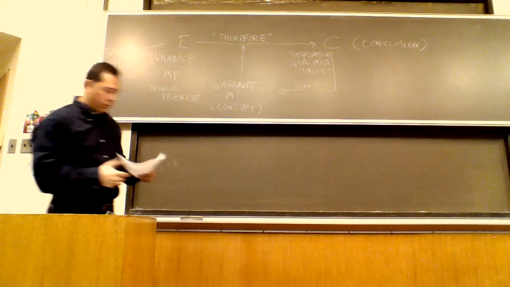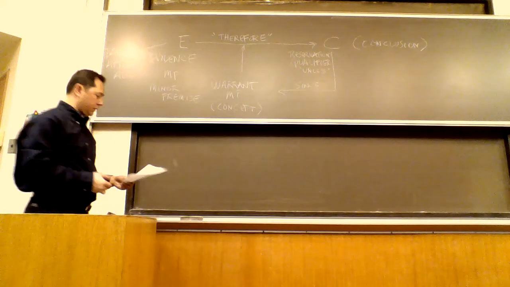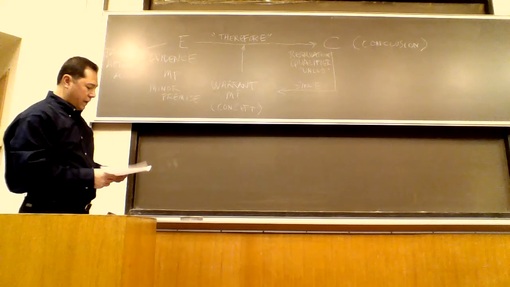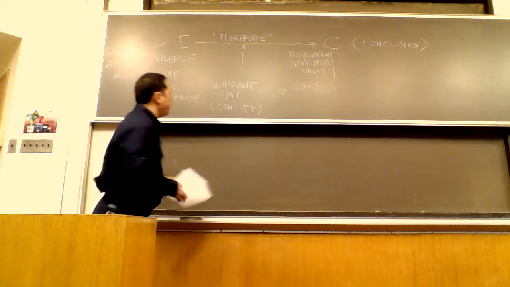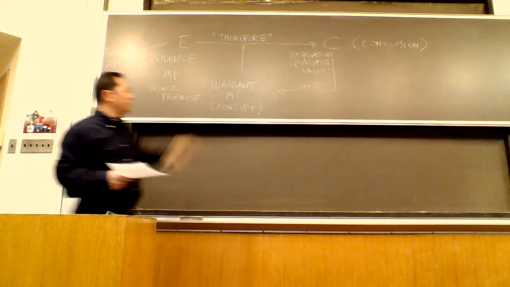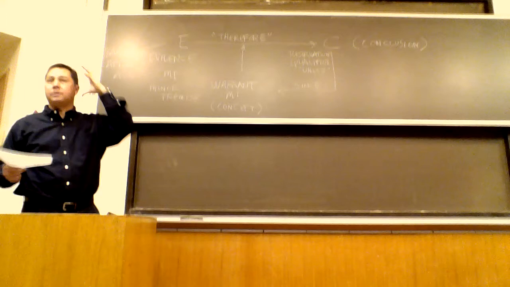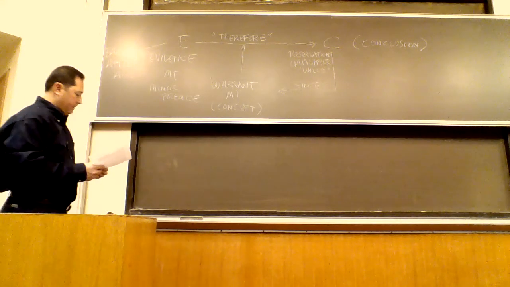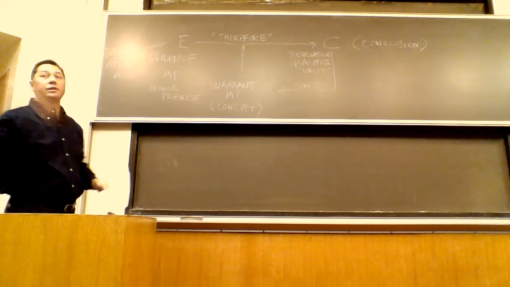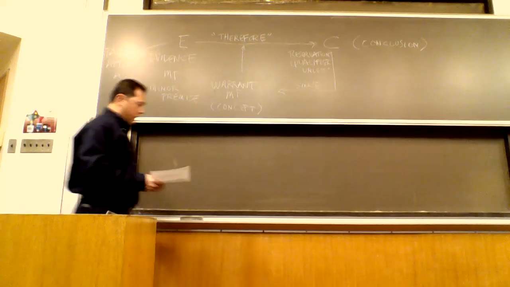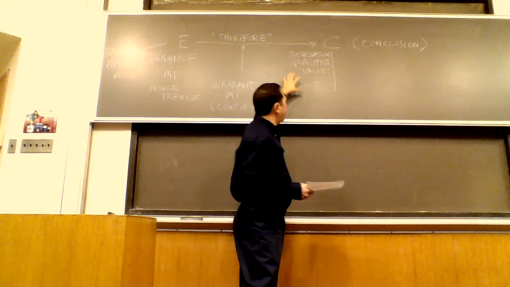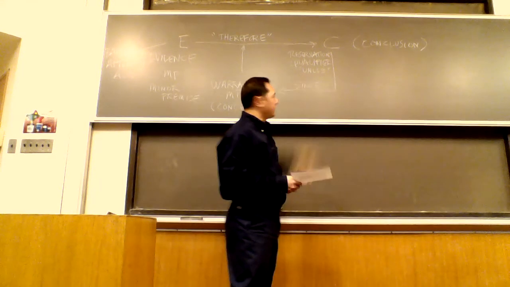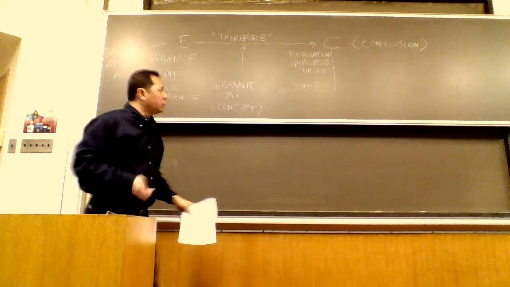But what are the other parts of the argument? You also have a warrant, which is the major premise, that's the concept that's in our mind, okay? You also have the minor premise, which is the evidence that's in the world. And then you also have the reservations, the qualifiers, which mean unless. Okay, so let's